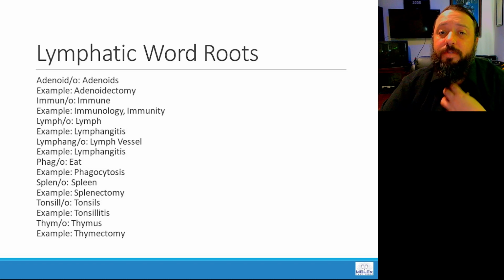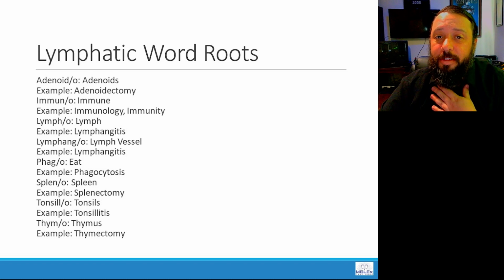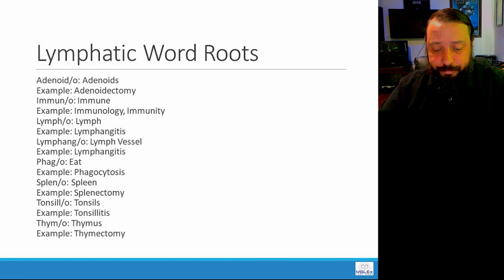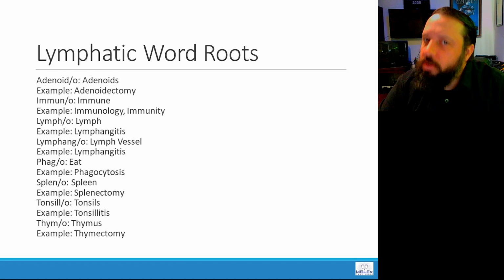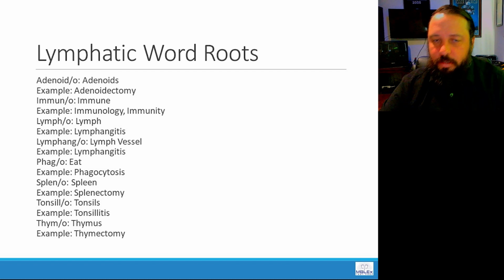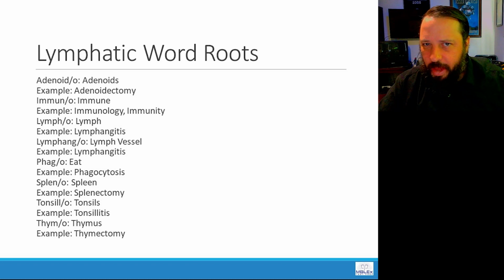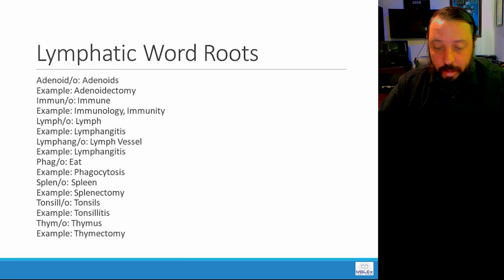So thymus, we have a lot of antibodies being produced by the thymus. Very important in regards to the lymphatic system and our body's immune system, and getting those leukocytes into the bloodstream and into the lymphatic system. So our body's better able to actually defend itself from pathogens and debris. Okay, and that pretty much wraps up the lymphatic system.